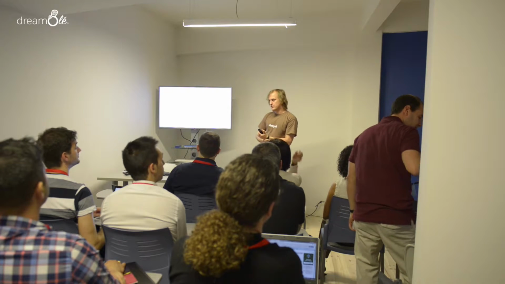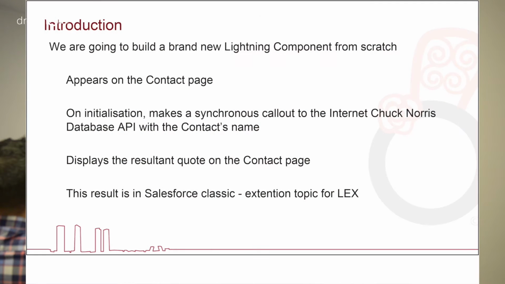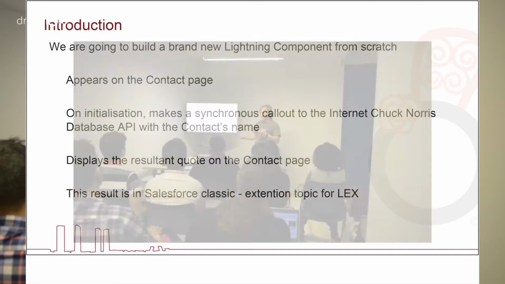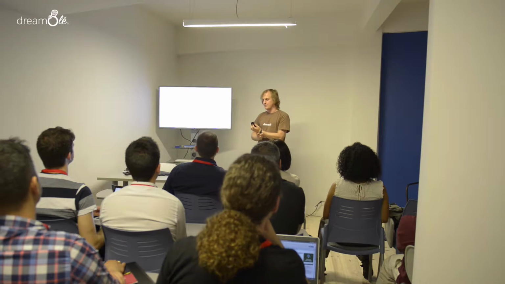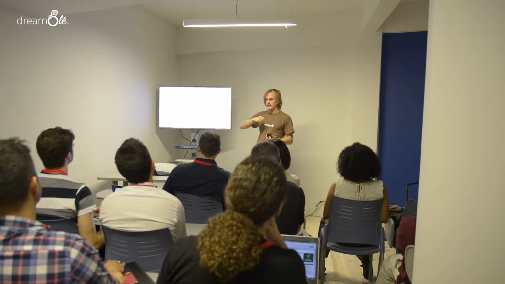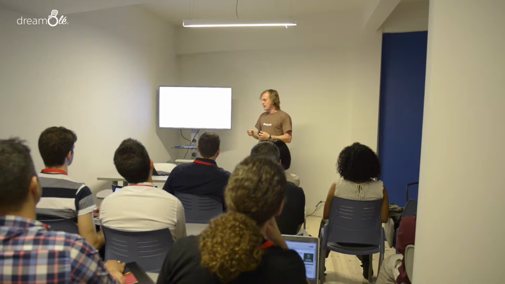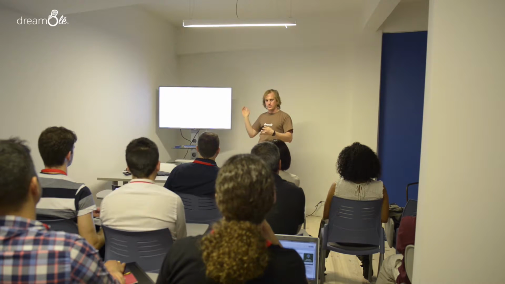We're building it from scratch. This Lightning component will go on the contact page. What happens is when you load your contact page, the component makes a call out to a web service called the Internet Chuck Norris database. And then it gets the result from that to call out and puts it on the page. So this is just a little bit of a joke thing, and I'll show you the joke in a minute,